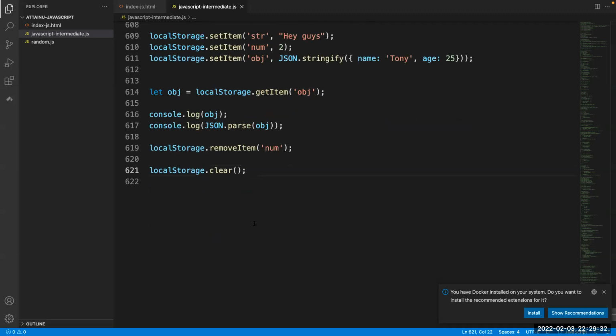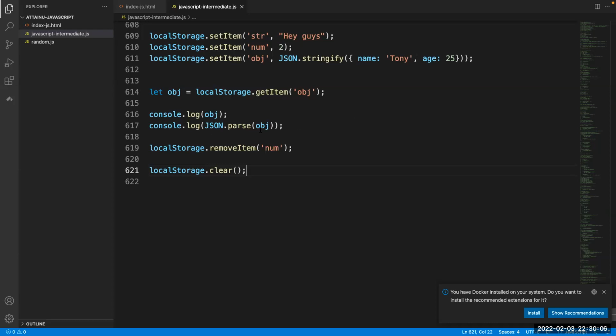What is JSON parse? There is a concept called JSON object and JSON string. A JSON object is basically an object, and a JSON string is whenever the JSON object is converted into a string. Whenever you want to convert an object to a string format, you have to use JSON.stringify. This will create a string of that particular object, so that is called a JSON string. Whenever a JSON string needs to be converted back to an object, you have to use JSON.parse